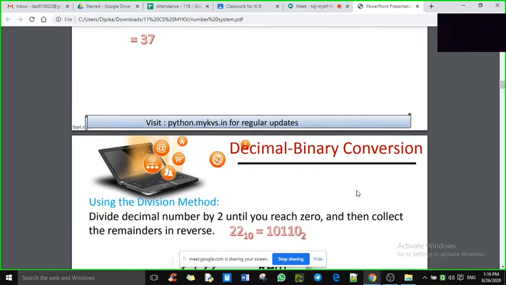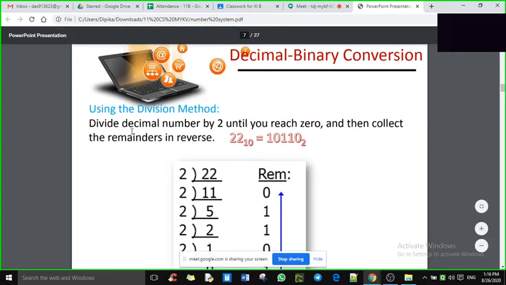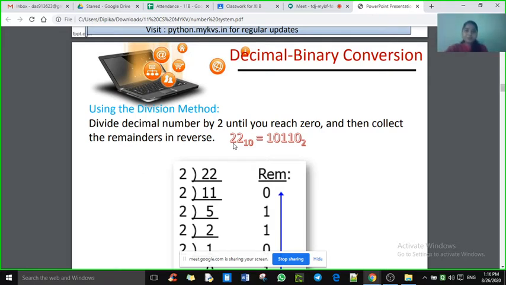So today we will cover the conversion between decimal and the binary number system. Now consider the example of any number, say 22. So 22 is represented as a number with base 10. Base 10 represents that this number is in which number system? Decimal. Yes, decimal. So this represents the decimal number system, and now it will be converted into binary.